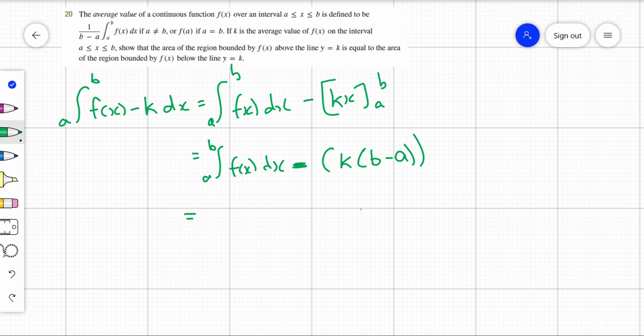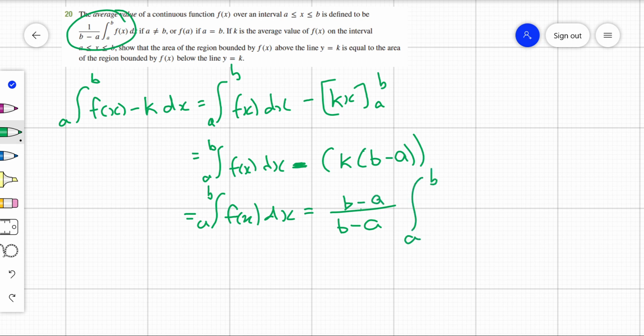Alright, and we're told that k is the average, so k is equal to this value, because that is the average value. So let's substitute that in for k. So k is 1 on b minus a, and we're timesing it by b minus a of the integral from a to b of f of x dx. And you can see that b minus a times 1 on b minus a will of course equal 1, and then you've got that minus that, so you will get 0. So it is true,